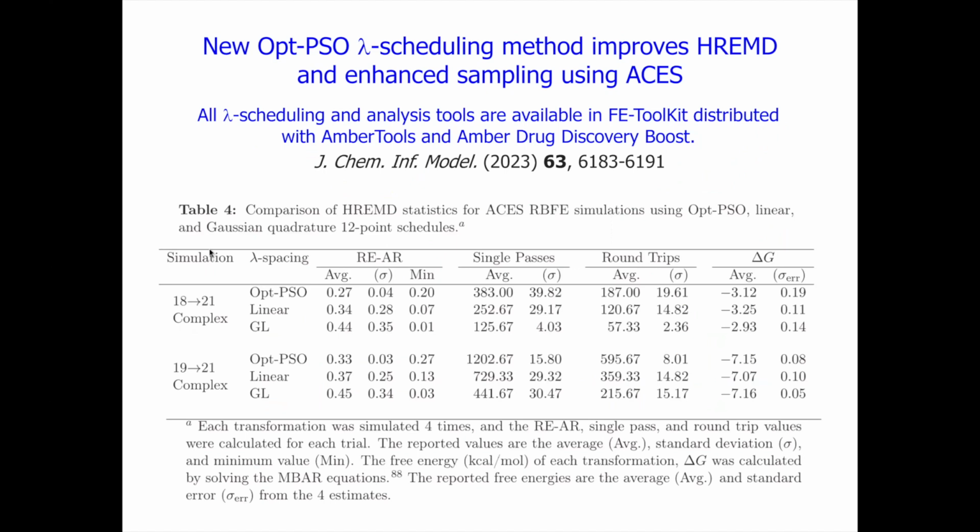If you go back and look at your replica exchange statistics, one of the things you can measure is how often the same coordinates go all the way from lambda 0 through all the lambda windows to lambda 1. Or a round trip, where you start at one lambda window, go all the way to the end, all the way back, and then back to your original starting point. That's called a round trip. Both of those are important for enhanced sampling, and when you use the optimum phase space overlap method, you get a lot better replica exchange statistics, a lot better enhanced sampling, which is one of the underpinnings of the ACES method.